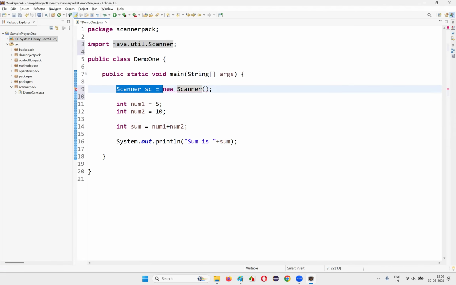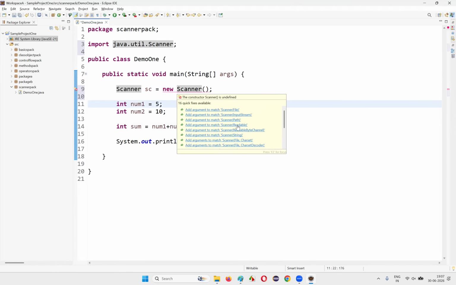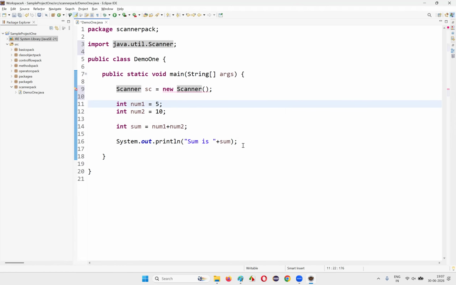You see, this part is gone, and the error on the left side is gone. But on the right side of this equal symbol, the error is still there because the constructor cannot be empty. This is a predefined thing, right? So as part of the constructor, if I hover the mouse, you see the different types of values I can provide. So I'll simply, in this Scanner class,